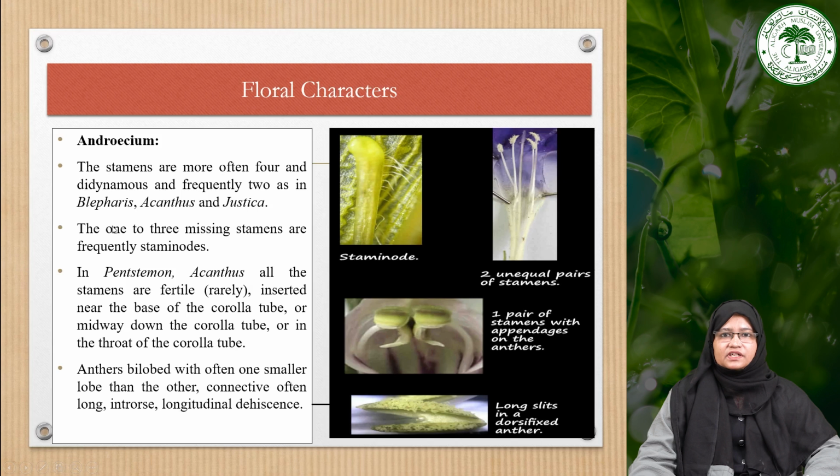Now moving towards the next floral character, that is androecium. In the androecium, the stamens are more often 4 and present in the didynamous condition, or sometimes frequently they are present in 2 also, like in the case of Blepharis, Acanthaceae and Justicia. Then sometimes there are 1 to 3 missing stamens, which are termed staminodes, also present in